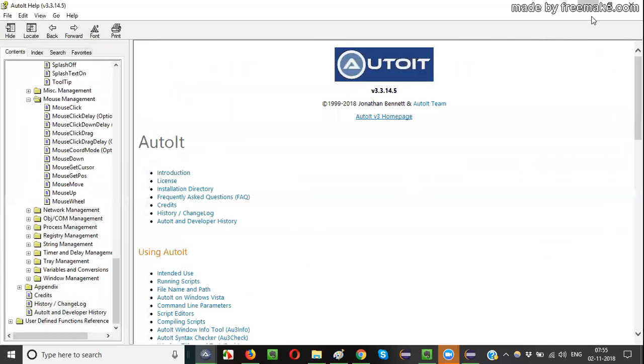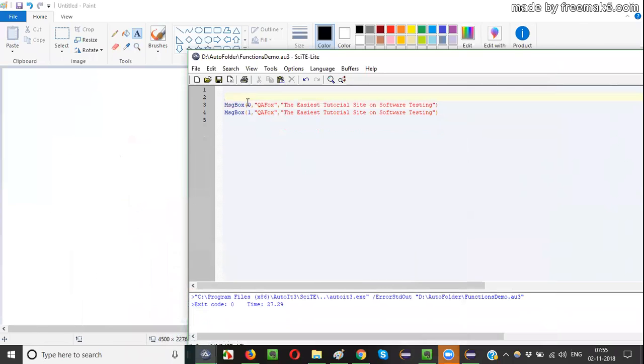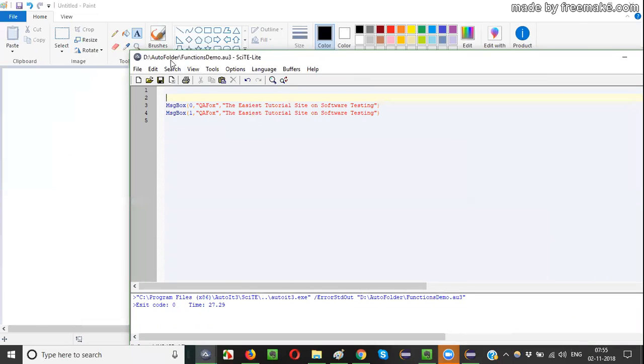Okay, now guys. Let's understand how to use AutoIT, how to write scripts in AutoIT with the help of these functions. Though we are not going to use these predefined methods in our Selenium, now we are understanding how to use this help documentation and use the predefined methods of AutoIT in creating automation scripts, right? This is one of the examples I took, message box, and whenever I create this kind of message box and execute this script, I am seeing some messages here, right? They are creating some message boxes.